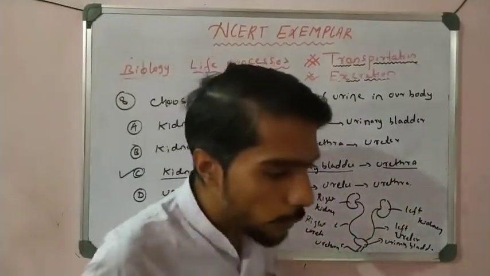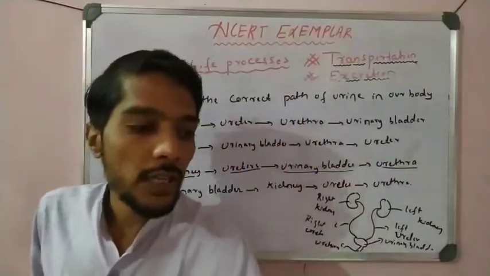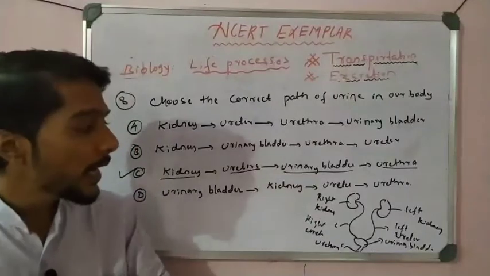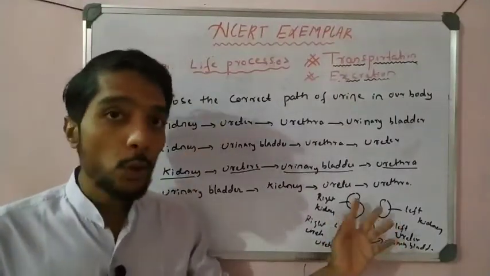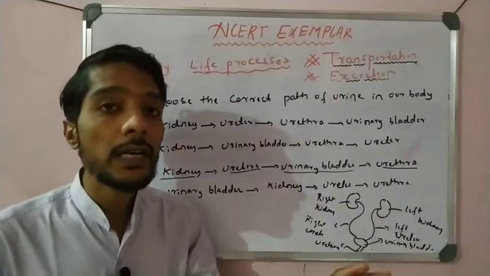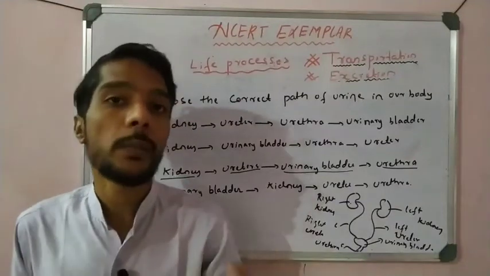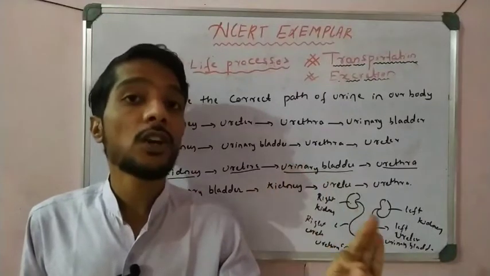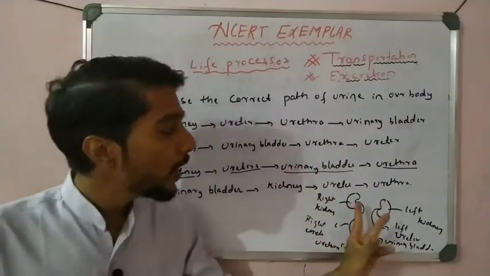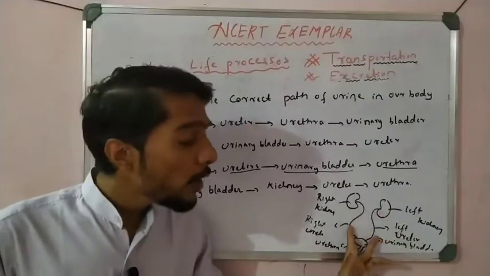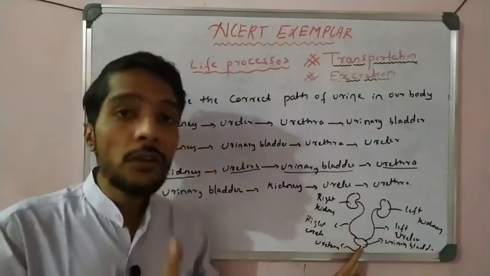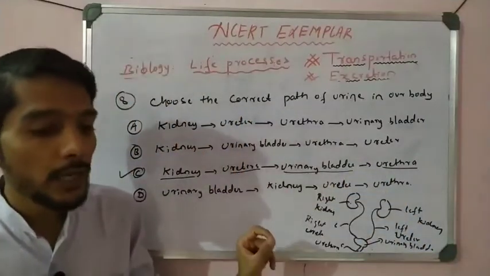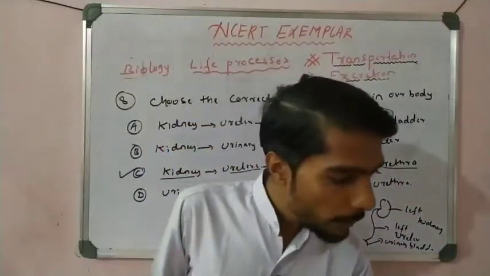Right, students? This is a point you have to remember. See here how diagrams help you to recognize. Also in the diagram you remember that there is a pair of kidneys. They also ask about the components of excretion in human beings. So there are a pair of kidneys, left and right, a pair of ureters, left and right, a single urinary bladder, and a single urethra. So remember the components of the excretory system. That is very important.